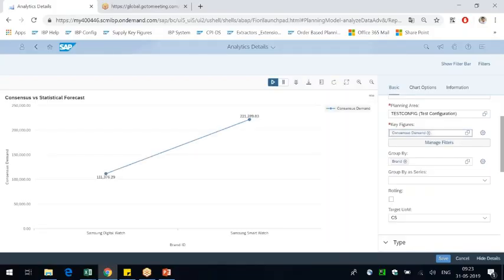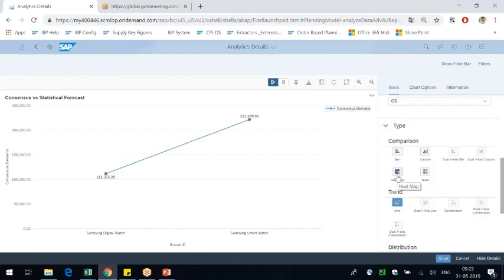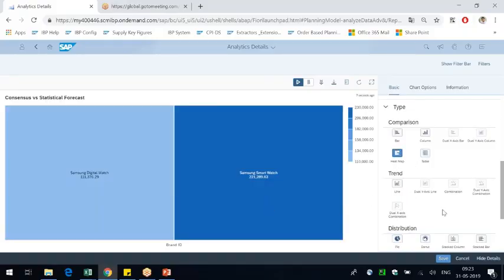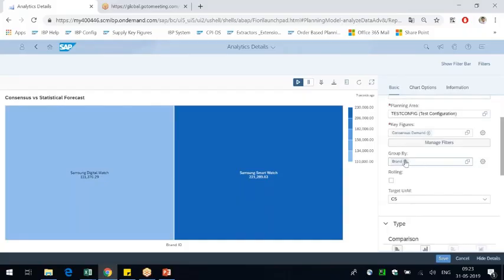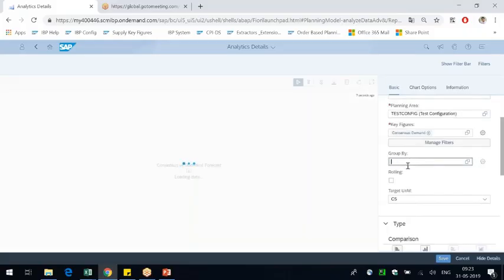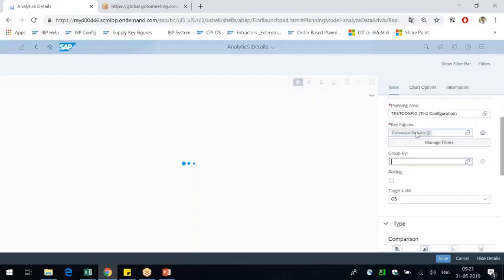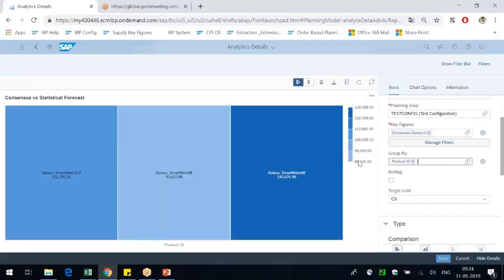So now the heat map is enabled here. It's not grayed out. I click on this, and it gives me a heat map here. So instead of brand, let me just pick up the products here. Now this makes more sense. I mean, this will give a cleaner picture. Oh, still there are three products.